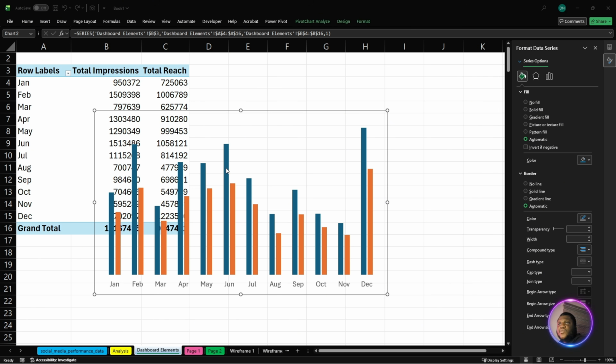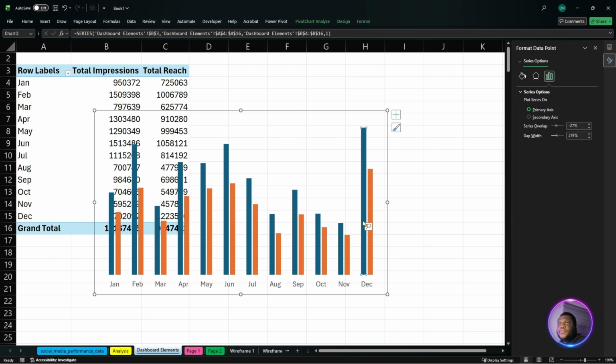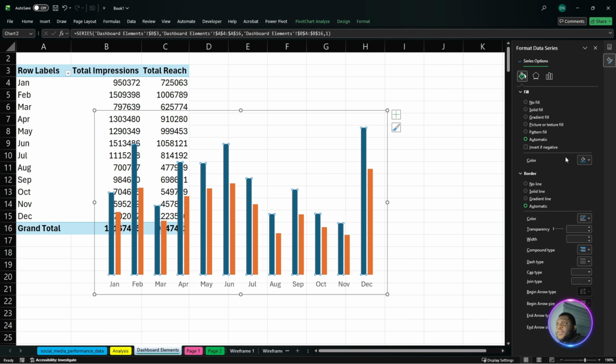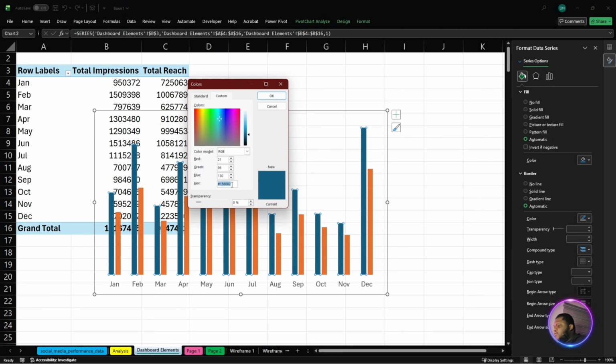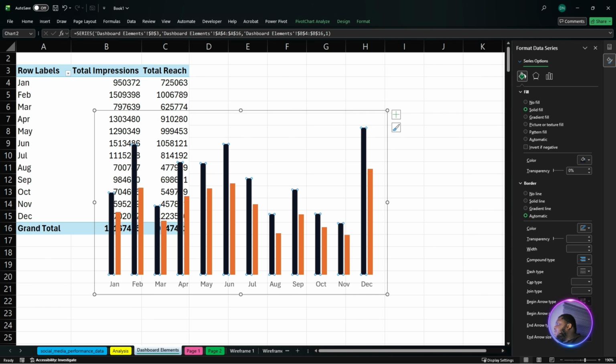So you select the first one, which is this. Am I selecting this? Am I selecting all of them? I don't even know. Okay, let me just click this. I think I am. I'm going to replace this with that black. I see the color code. You can check mine to pick them up. Boom, there we go. And then for the second one,